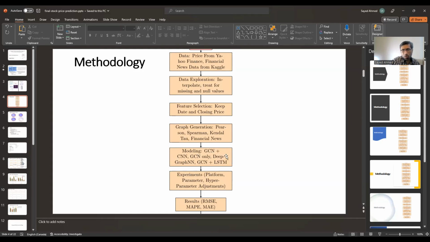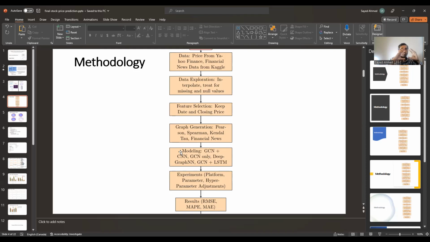Okay, modeling, different modeling. So these are the different approaches that I used. The closest is GCN, CNN plus MLP, which is the closest to the paper. However, the paper used multiple blocks, and until now I use just one block.